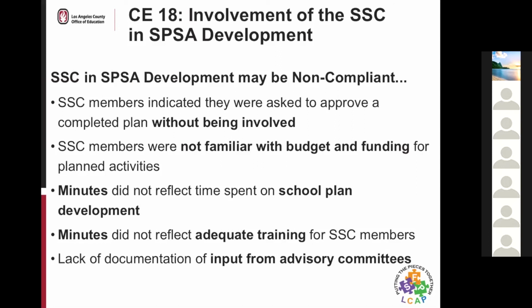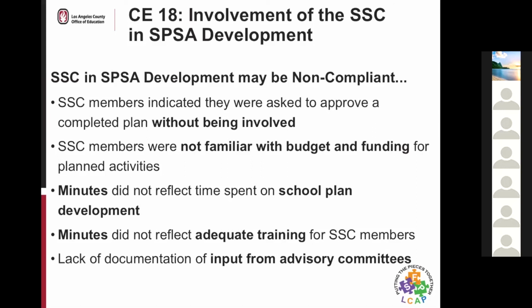The minutes did not reflect any time that the school spent on developing the school plan. And also the minutes did not reflect any adequate training for the school site council members in their roles and responsibilities, as well as in that analysis process.